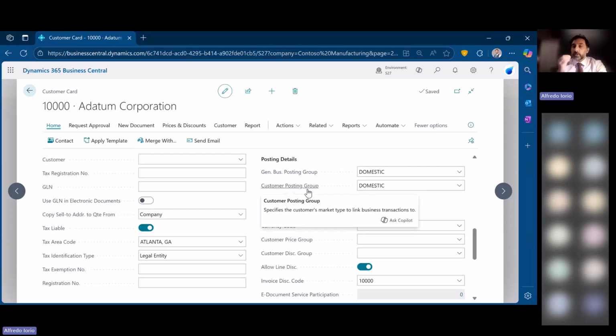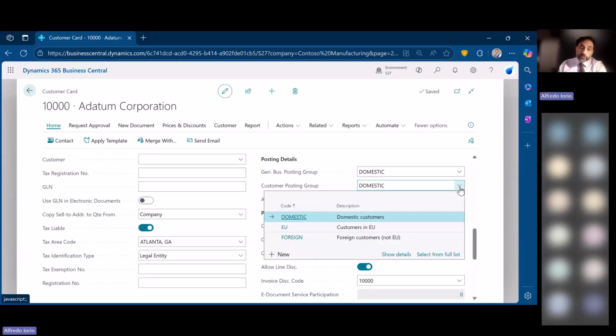Well, the customer posting groups and the vendor posting groups are really about your subledger. This is where the link between the subsidiary ledger and the general ledger starts working. Because the customer posting group, you can see the same domestic, EU and foreign. And in this case, it makes even less sense to have that kind of differentiation, because you can see